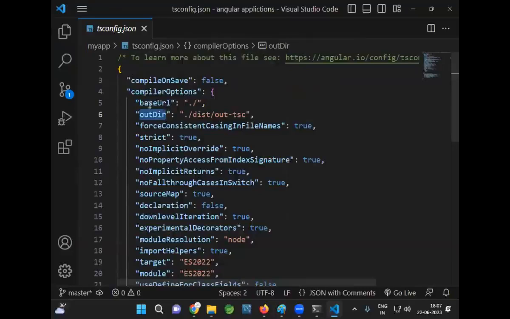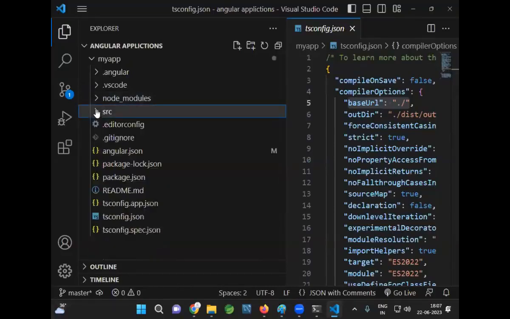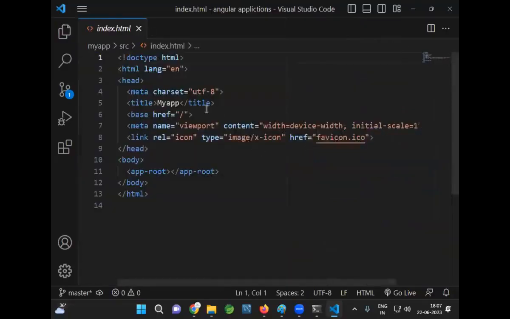There is something given as dot slash. Dot slash in the sense current project. In the current project, this is my project or not? Inside that, what we have? Index dot